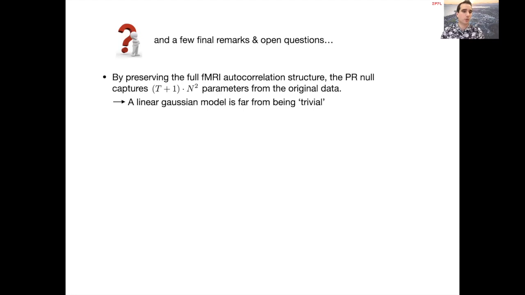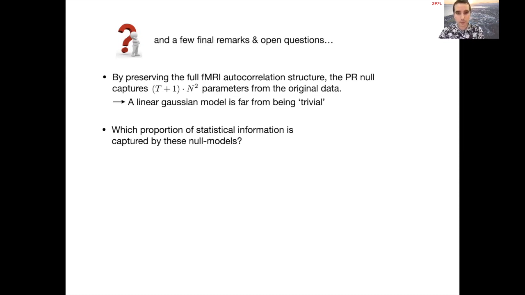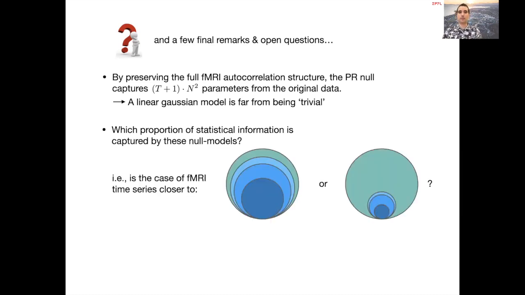So I'm not sure this holds as an argument or as a motivation for doing surrogate testing. Then which proportion of statistical information is captured by these models? So in other words, are we in the case of the left figure, or are we in the case of the right figure? My impression, but I might be wrong, is that we are more in the case of the left figure, because converging